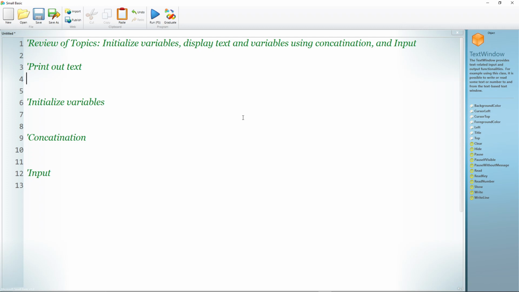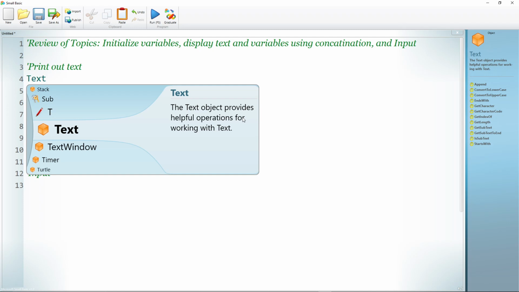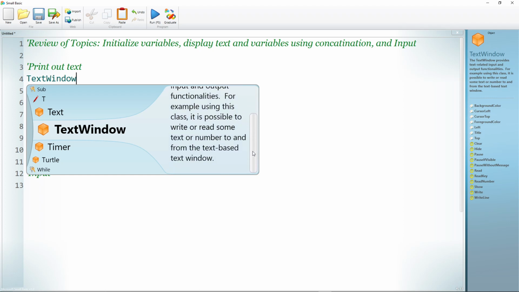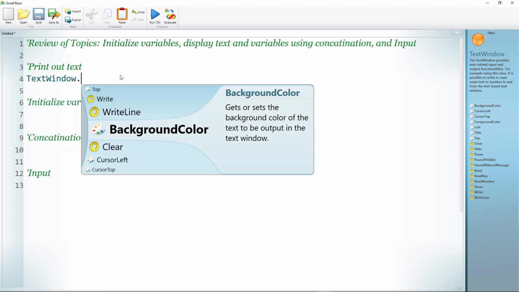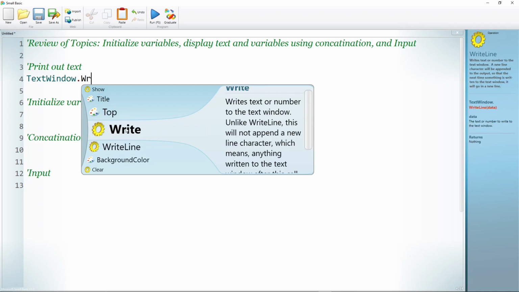So right now, the keywords that we would use would be TextWindow, to open up the console, which is the black screen with text only. Right here, it gives you a definition of what the TextWindow class is. And now we're gonna use a function from TextWindow, which is WriteLine. So you can write it down,